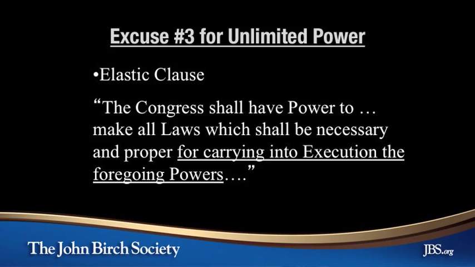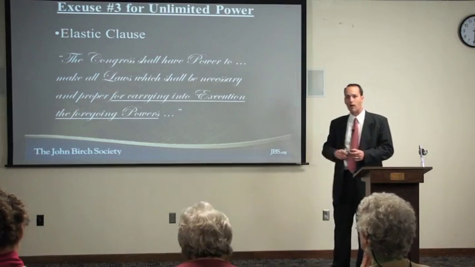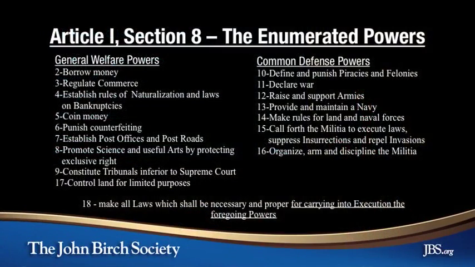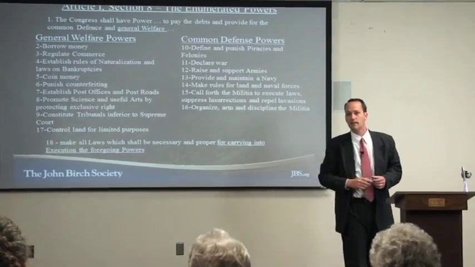What is that talking about? Congress has power to make all laws that shall be necessary and proper for carrying into execution the foregoing powers. Let me show you where this appears in the Constitution, right here at the bottom. You have Article 1, Section 8, the heading up there, the specific powers of general welfare, common defense, and then the conclusion, the necessary and proper clause. And it says they have power to make all laws which shall be necessary and proper for carrying into execution the foregoing powers, these powers that came before it. It's referring to this list of powers, isn't it?